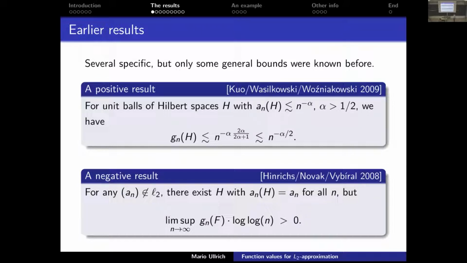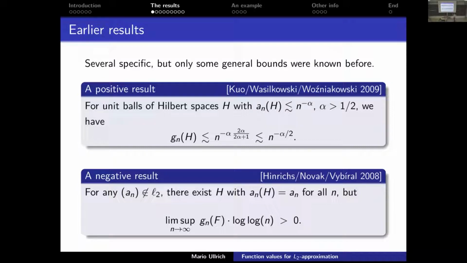So there is a first positive result, and this positive result is due to Francis Kuo, Greg Wasilkowski, and Henryk Wozniakowski, with earlier work, I think one year earlier, of Wasilkowski and Wozniakowski only. And they proved that assuming that the class F is a unit ball of a Hilbert space, remember it must be compactly embedded into some L2, but it's just a Hilbert space here, such that the approximation numbers decay with some polynomial decay, n to the minus alpha, a general assumption here, then what we get is that the sampling numbers also decay, but the rate of convergence might be only half of that. Okay, that's what was known.